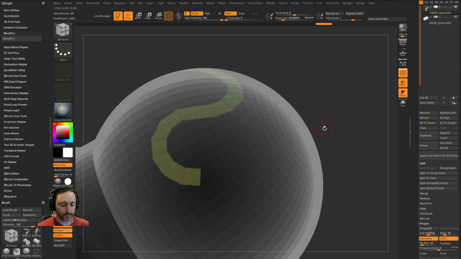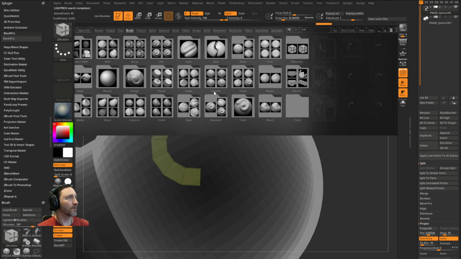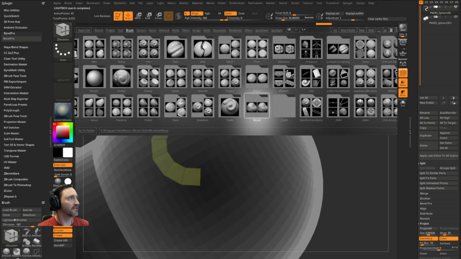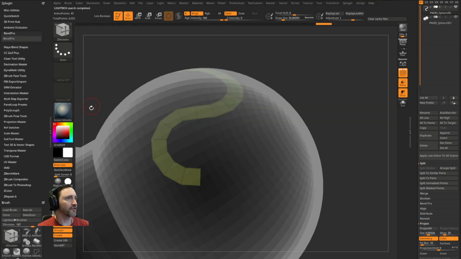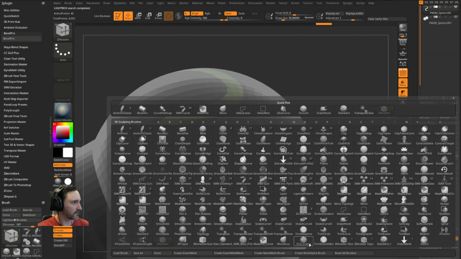So now this is snapped to that surface, and in fact, once you have this, you can go into your comma key, go in here to brush. There's a ZModeler brush underneath Z that's all set up for topology. So if you load that up, I have it auto loaded in my brush menu here. So if I go down here to ZModeler Topo,